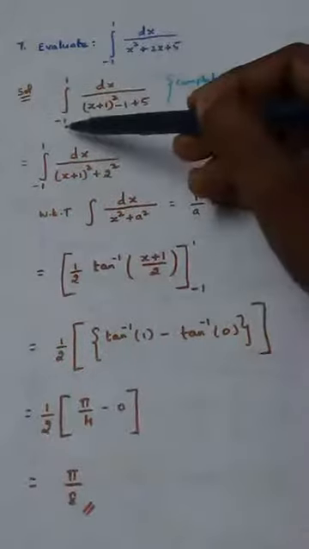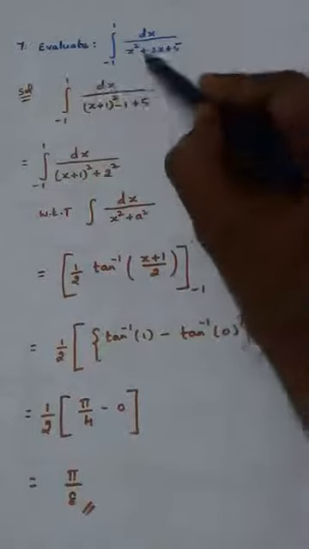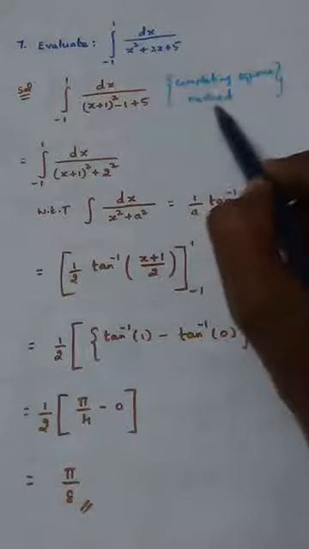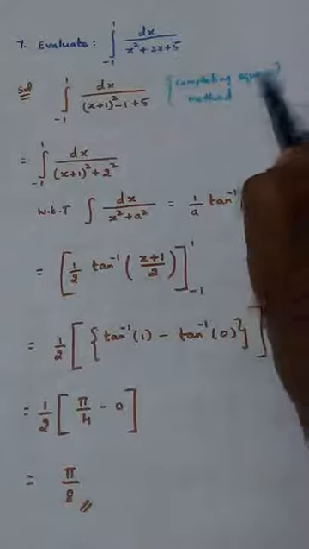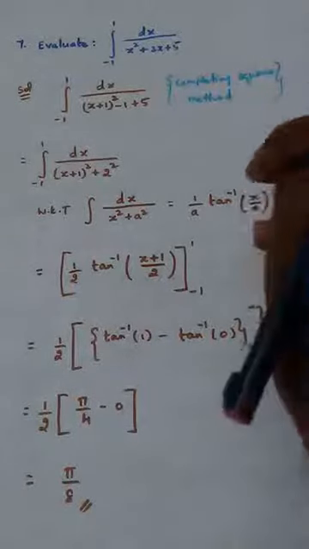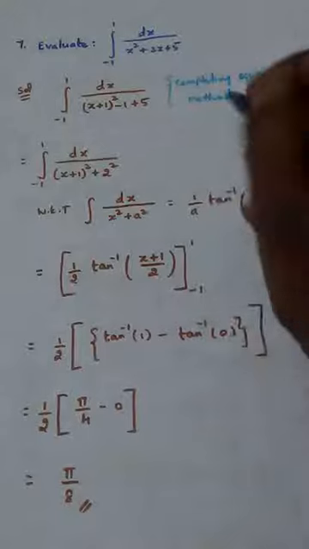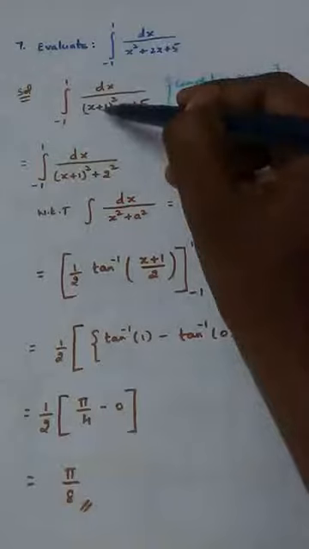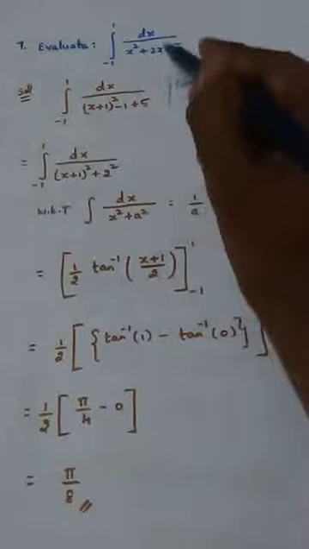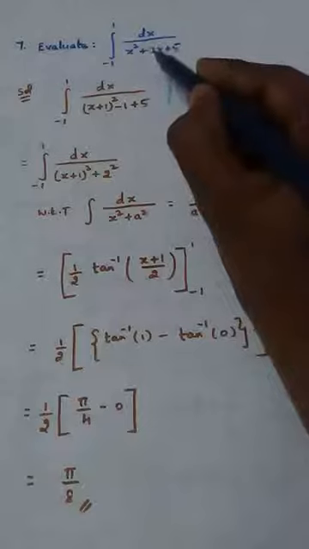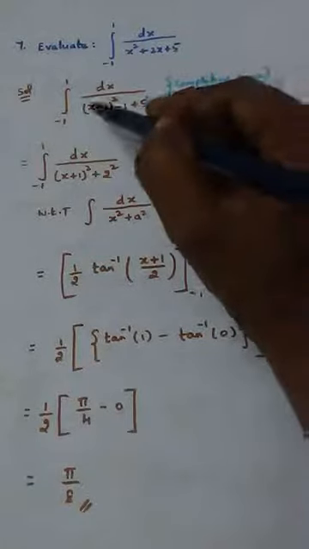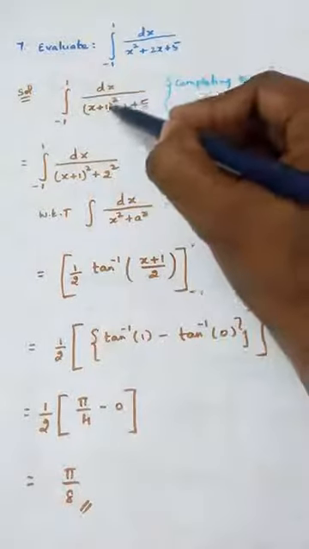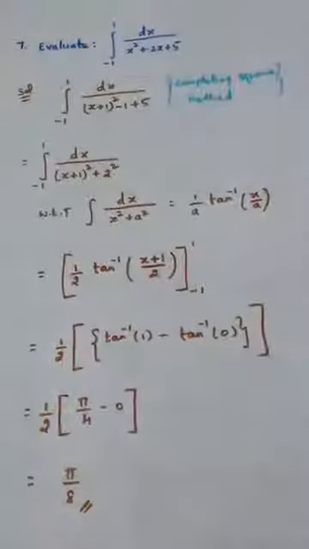Now this is the question, minus 1 to plus 1 dx by this quadratic expression, and that is simplified using the completing square method. You know very well what is meant by the completing square method from the 11th standard itself. Even in 12th standard we use it. What is the meaning? X square means x, plus means plus, minus means minus, and take the number alone, 2, and take half of 2. Half of 2 is 1, and complete the square. Whatever number we are using, we should square it and subtract that number, and then plus 5.